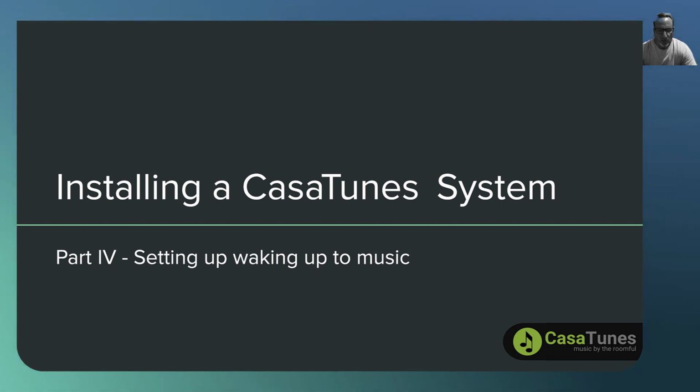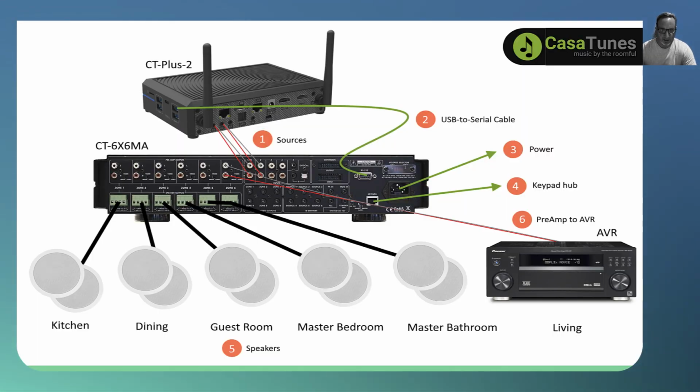In this video, we're going to look at how to set up waking up to music. Just as a reminder, our setup is we're using a CT+2, which is our 2-stream music server, along with a CasaTunes CT6x6 matrix amplifier, which is a 6-source, 6-zone matrix. And then we have set up the various rooms: kitchen, dining room, guest room, master bedroom, master bath, and living